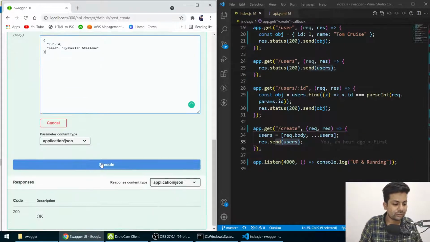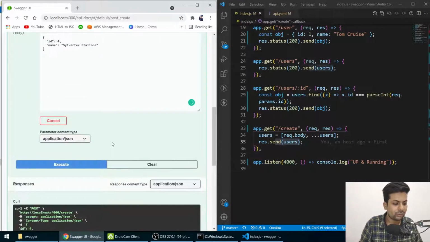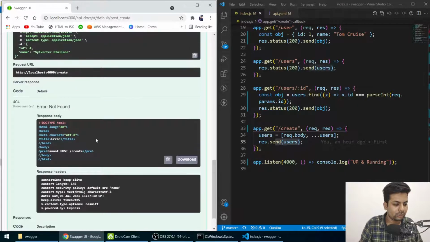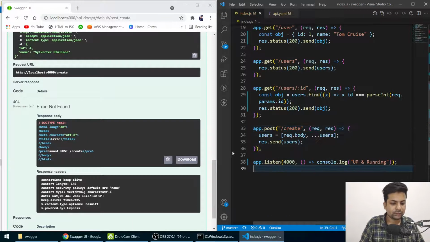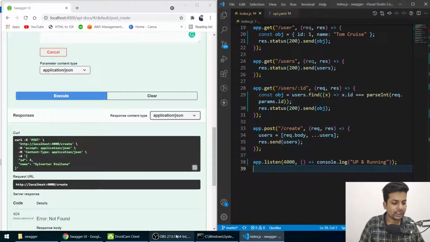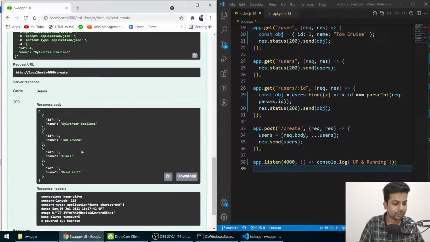Let me just try it out. Execute. Error, cannot post. Okay, I should make it post instead of get. My fault. Now if I try it again, so now we got everything done. It sent a request to create, and now id 4 is also added as Sylvester Stallone.